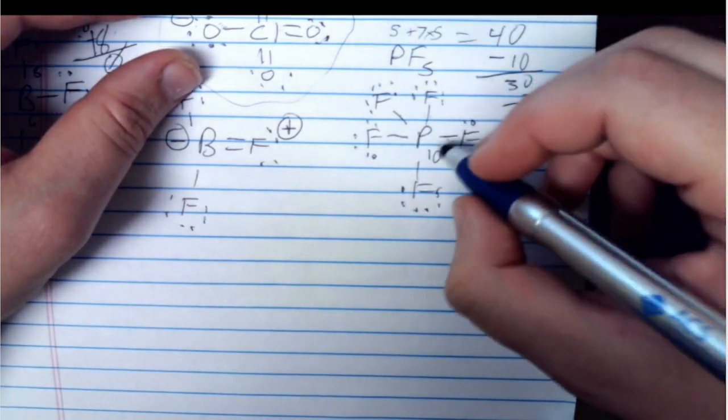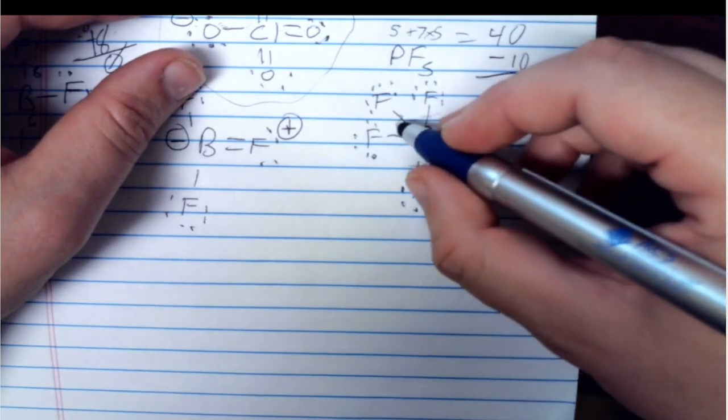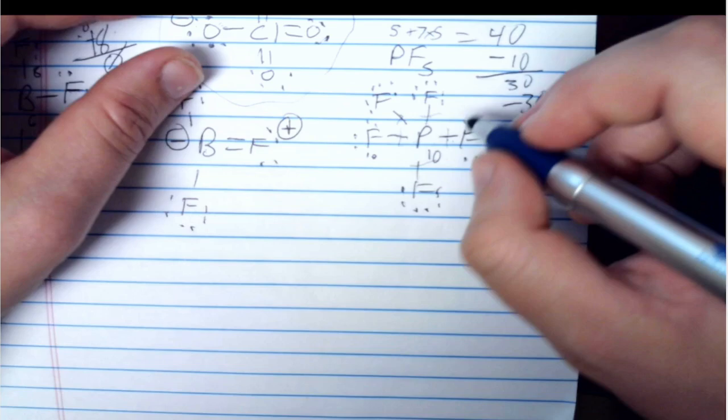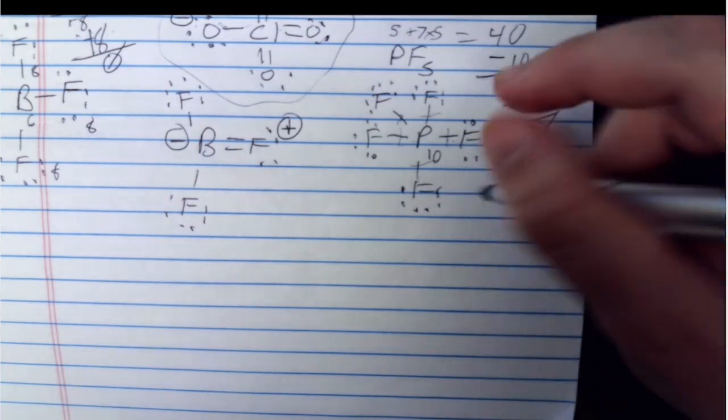Perfectly okay. What's the formal charge? 5 minus 5? 0. 0 formal charge. This is stable. Don't need to do anything with it. It's stable. And last one, last but not least, I'm going to make